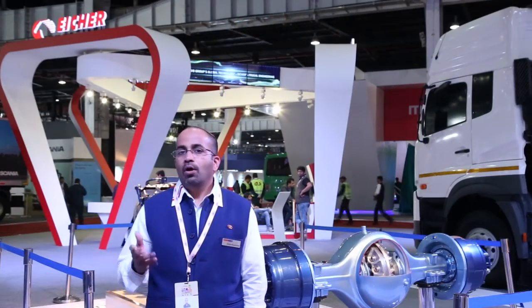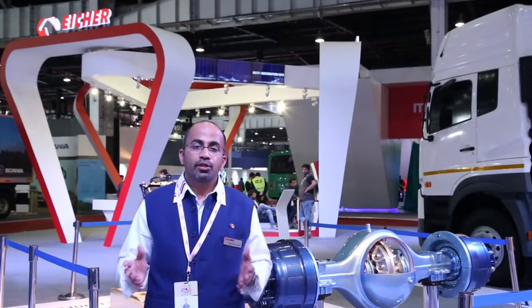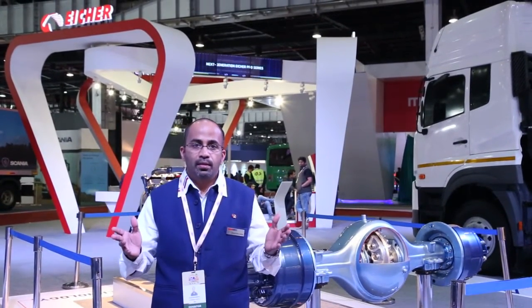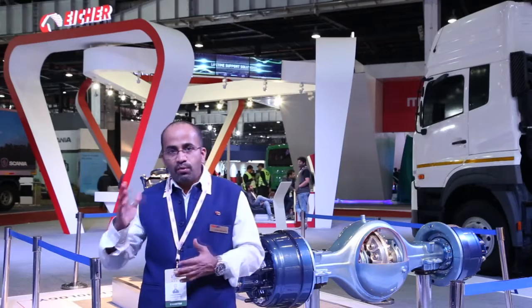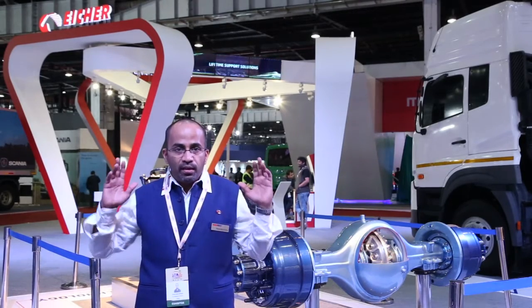Auto Expo is all about imagery. So we want to showcase a new dimension of Eicher, go beyond trucks and into an immersive experience of technology as well as innovative support services. So everything at the